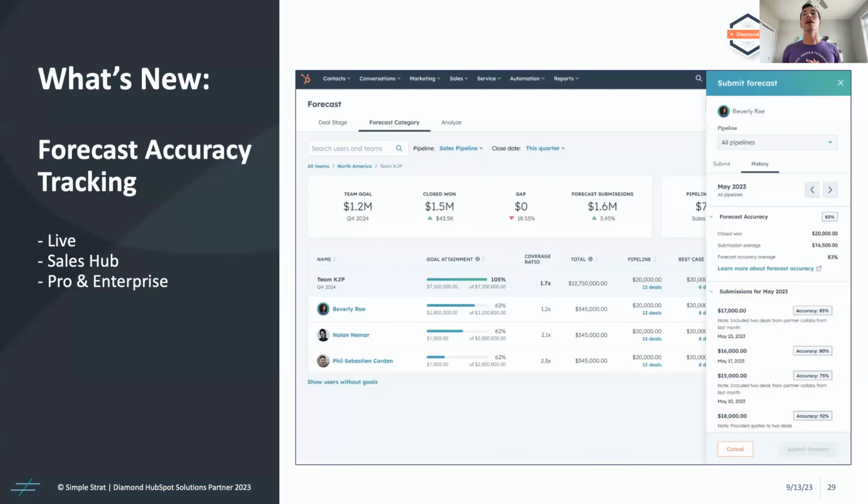Another forecasting one, this one I think is going to be awesome for anybody that's using the submit forecast. The submit forecast, again, is where a rep can say, hey, I think I'm going to close X amount of revenue this month, this quarter, whatever. What this allows you to do is now you can actually go back and look at the submissions that a rep has made and see how accurate that was compared to the amount of revenue they closed,